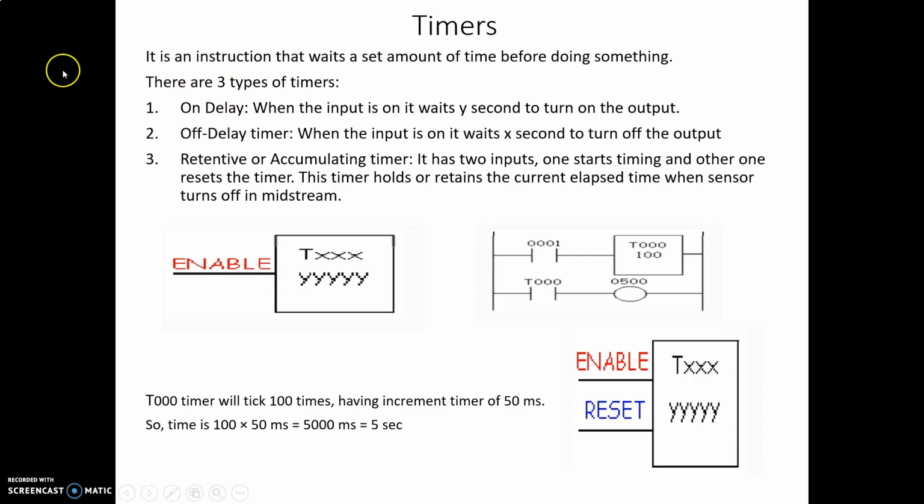So what happens in case of on delay is that when you press the input, the output gets on after a certain time. Let's say I set the timer as 3 seconds. Even if I press the input, my timer will record it, and then after 3 seconds it will pass on the supply and the output will get on, right? So in on delay, after a certain time, our output gets turned on, while in the off delay